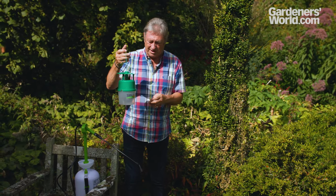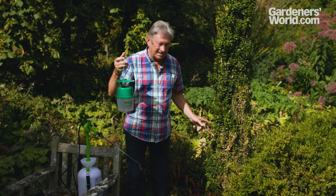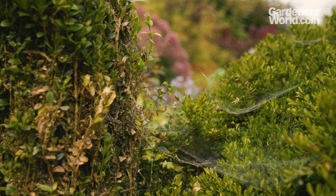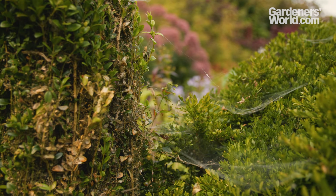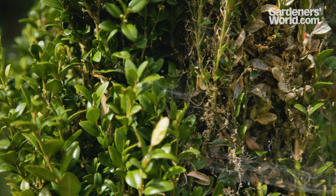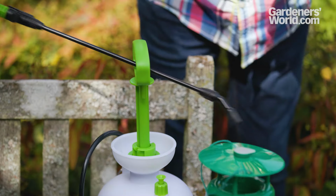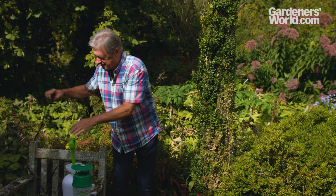I've done it in my own garden. It attracts some of them, not all of them. So they still come and lay their eggs with this nasty webbing, and the caterpillars it is that do the damage, defoliating your box. You can get sprays, which you can spray on with a little pump sprayer like this,